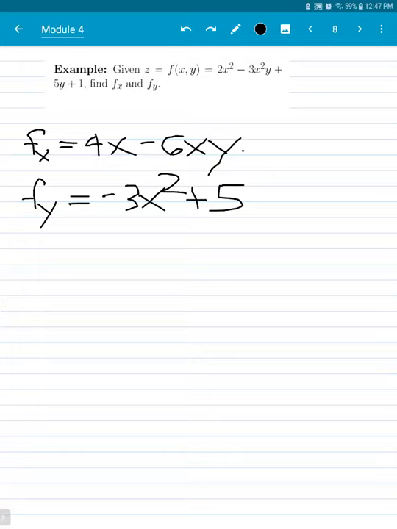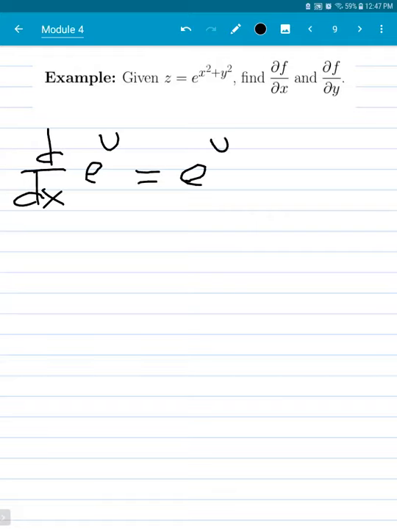Let's have another illustration. So given that exponential function, find the partial derivatives with respect to x and y. Note that the exponent there is now a function of two variables. Before we can answer this, let's recall the formula of the derivative of the exponential function e to the u with respect to x. By the chain rule, it's e to the u times the derivative of u with respect to x. So applying that,